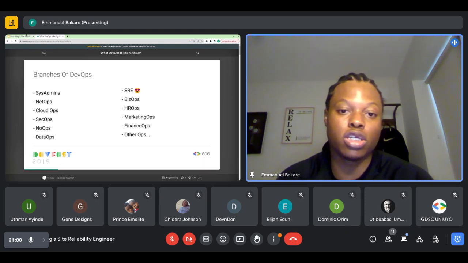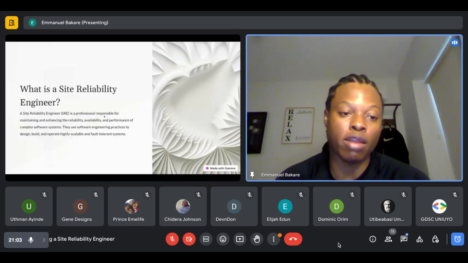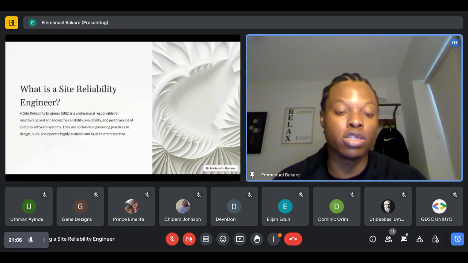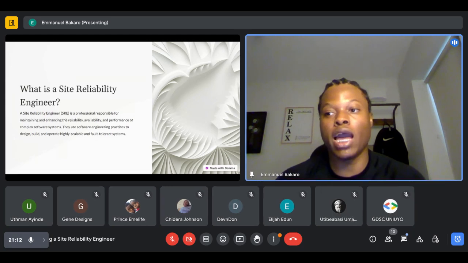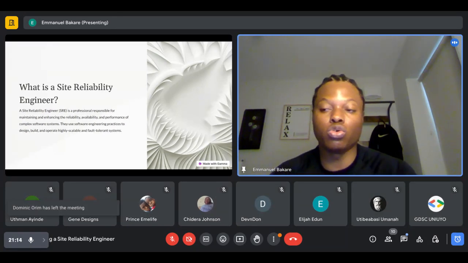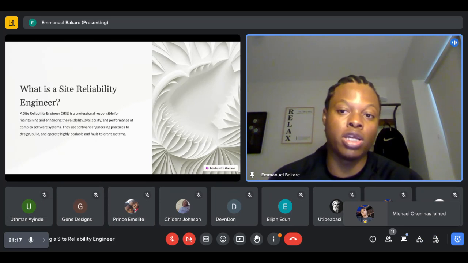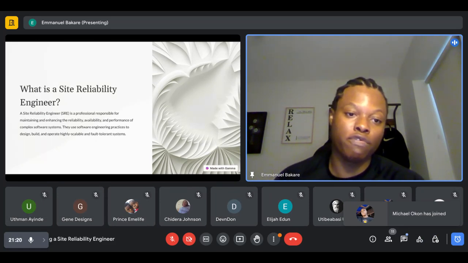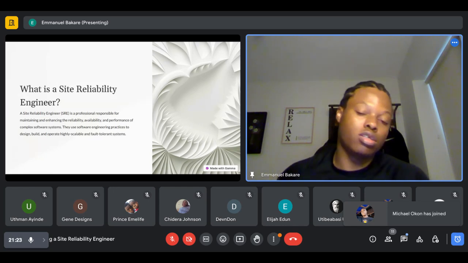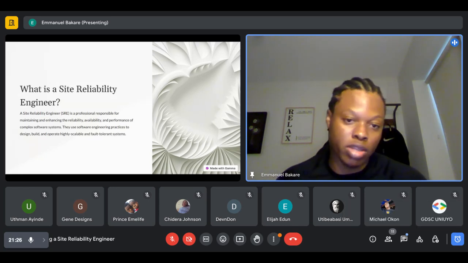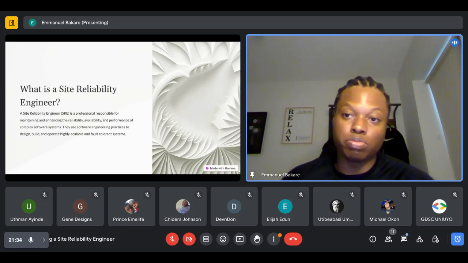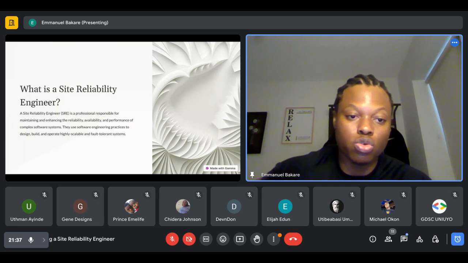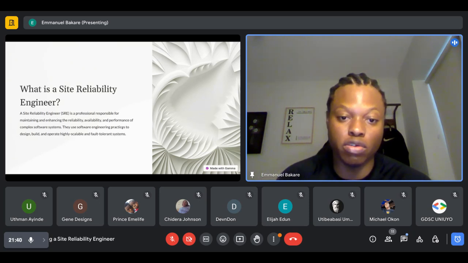So SRE came about because teams were like, okay, now we need people that just focus on maintaining stuff that already exists and improving the delivery. Before, we had a server and would push code to it via SSH. Now we're like, okay, fine, we need a pipeline. We need all that stuff. The typical DevOps guys of the back days didn't really think about that. But the SREs are now like, okay, if we improve this, we get better delivery, it improves the business, etc. So that's where these key software engineering practices come in.